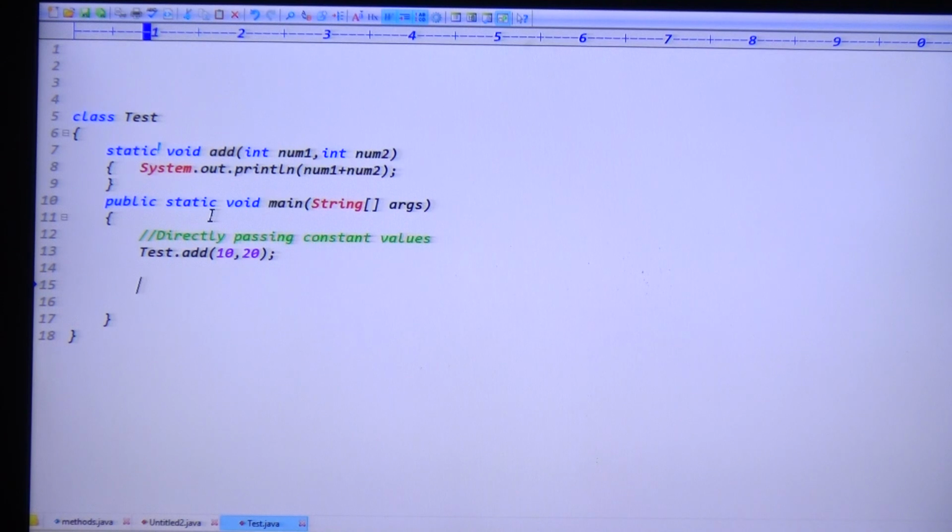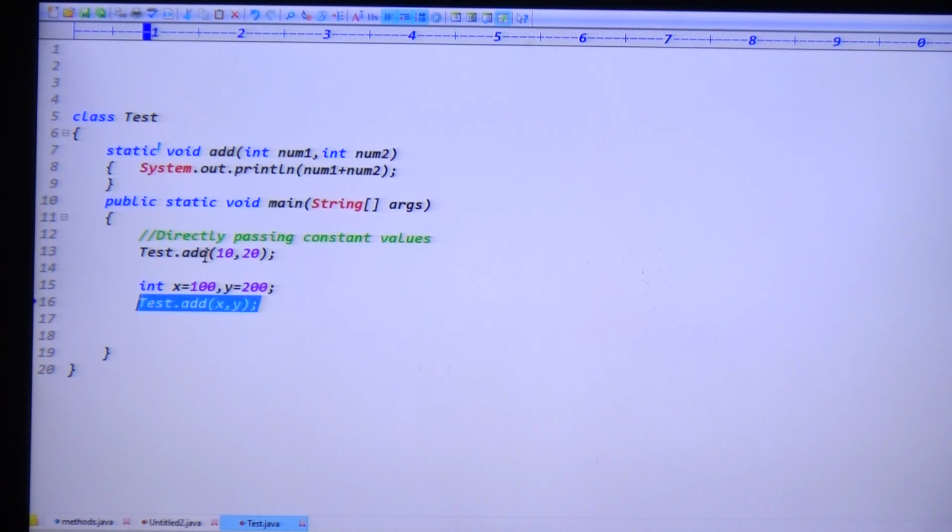So if we have some values, we can directly pass them. That is one approach. Another approach: assume in the application you take some data like x equal to 100 and y equal to 200. Maybe the data is coming from some property file or different sources, but we have the 2 values, int x equal to 100, y equal to 200. Then call that method Test.add by passing the 2 arguments, right? You can pass the inputs by passing those variables. Guys, is this code valid or invalid?